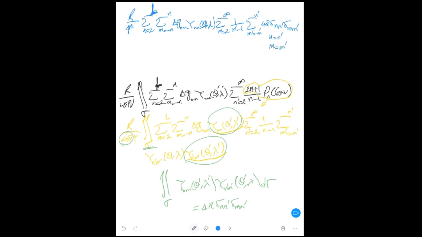And I connected it with only the spectral form in n prime, equal. Therefore, it will